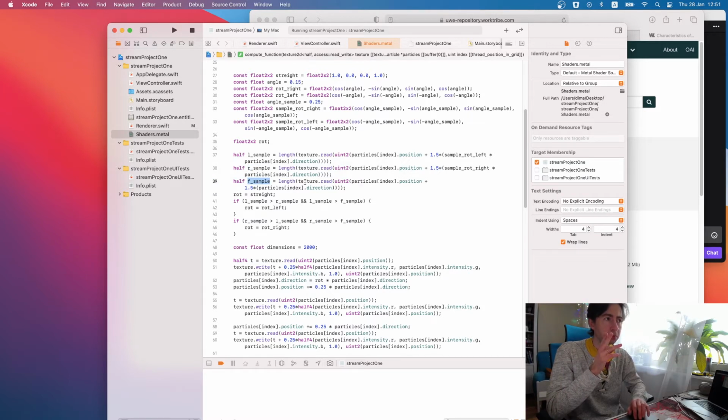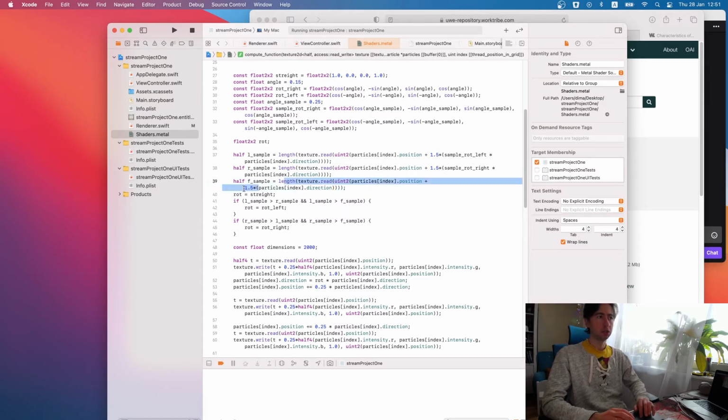And also I make those sensors a little bit longer, multiplying them by 1.5.